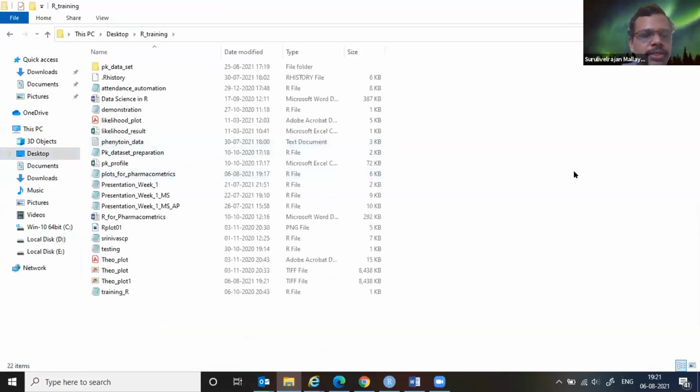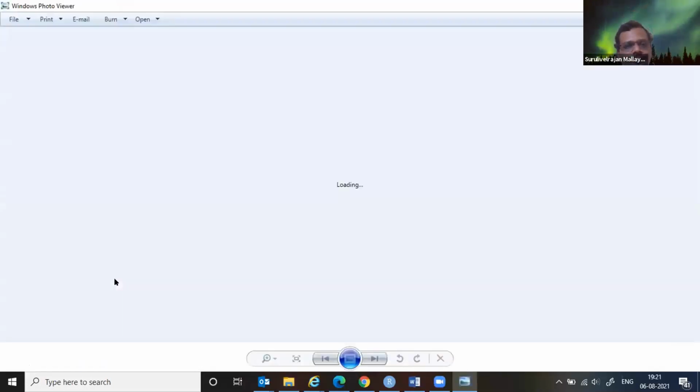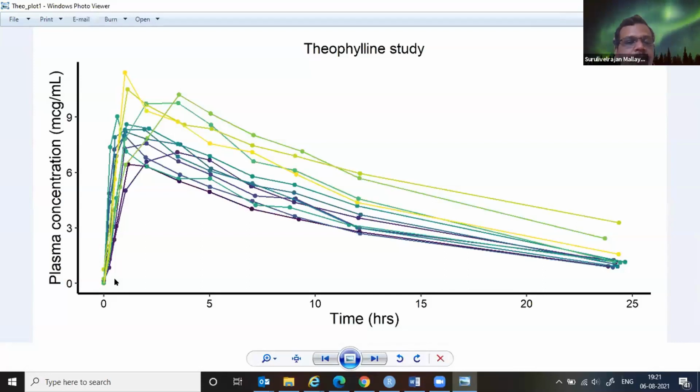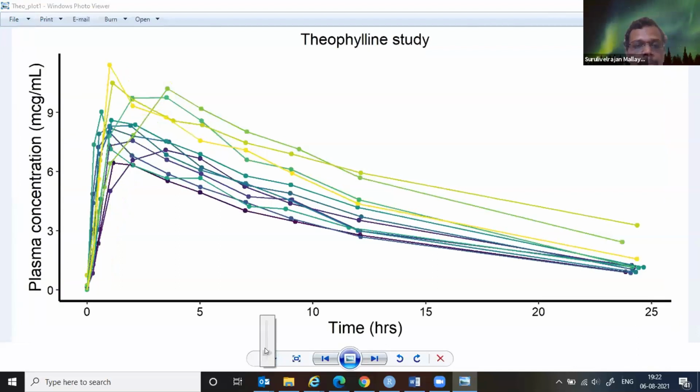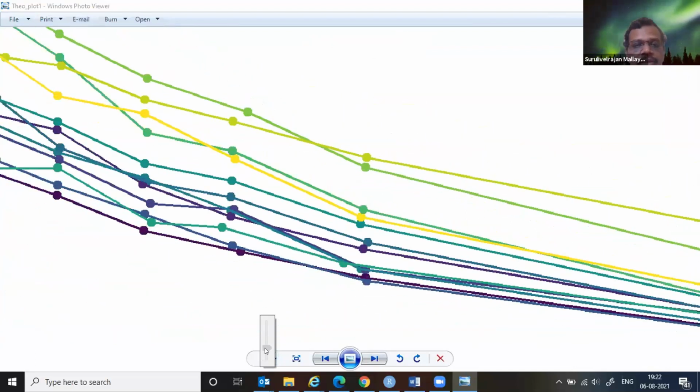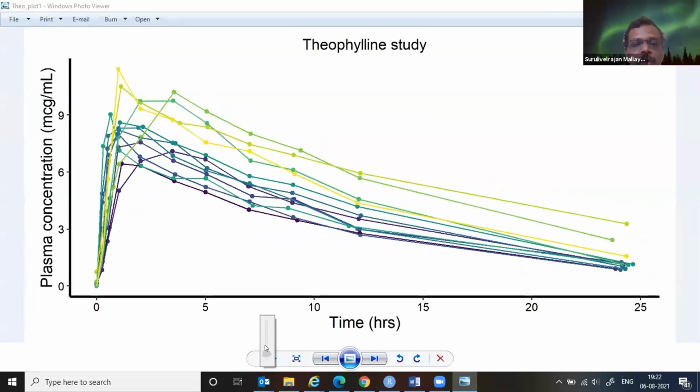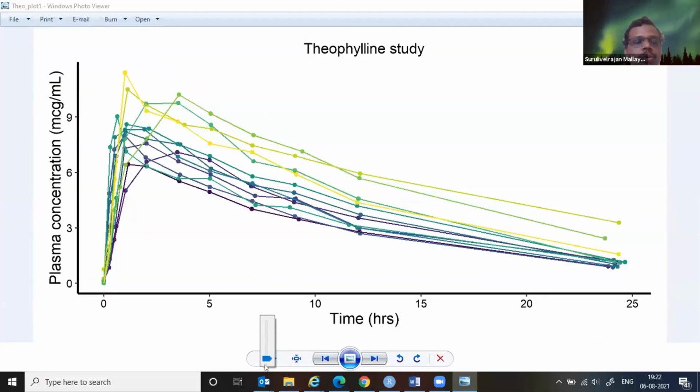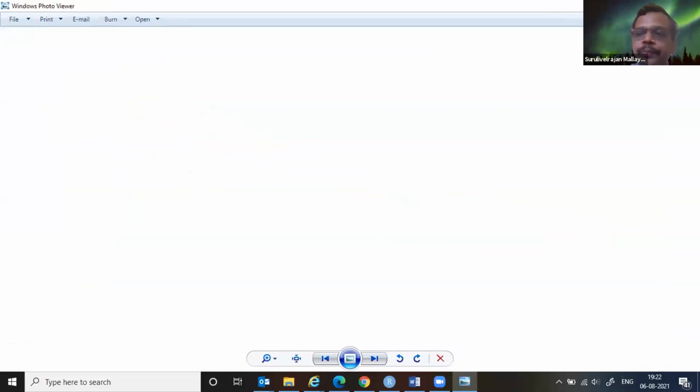Training, and that is the Theo plot 1. This just now it's produced. I already have that plotted from other experts. Yeah, this is a plot generated by this particular operation of high resolution image. And if you can expand and look at the data, if you can expand it further, you can see how much I can expand without losing the clarity. Okay, so many times the journals will require this much level of resolutions we are able to generate. Okay, that's one additional feature that will help you.